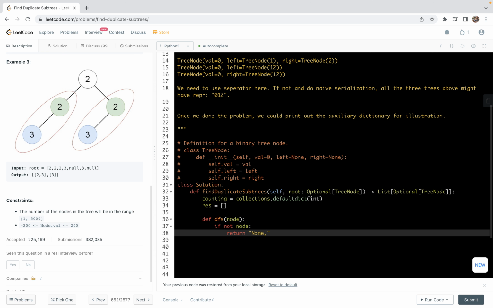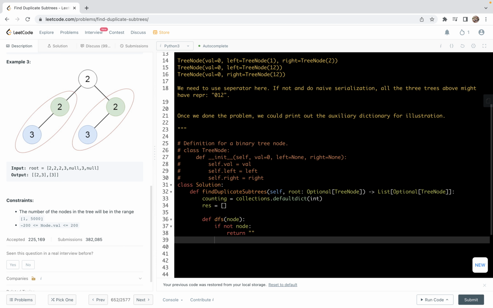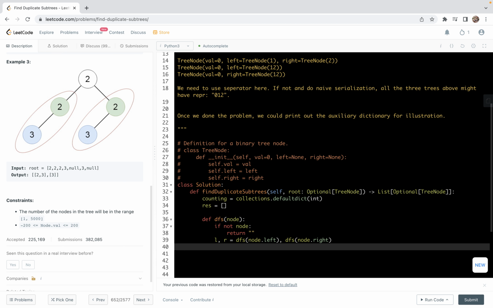Or if you like, you can return something like this. This is still okay, but here let me return null. And then we're going to do recursion, so we can get the left subtree and right subtree representation. So it's DFS node left and DFS node right. So this way we can get the serialization string for the left subtree and the right